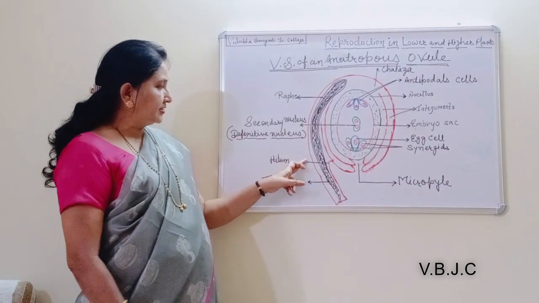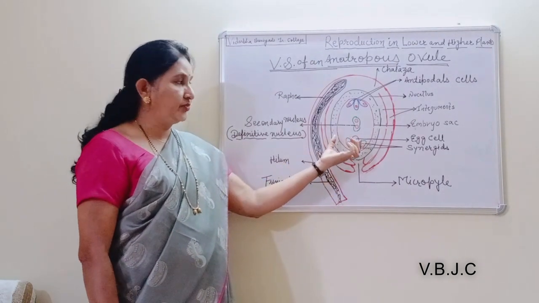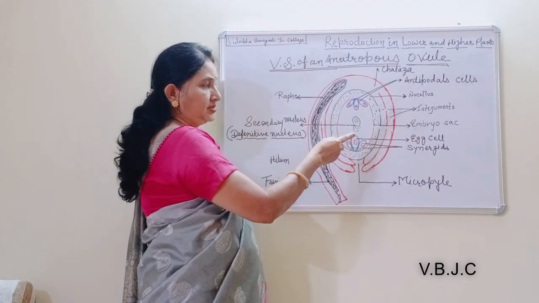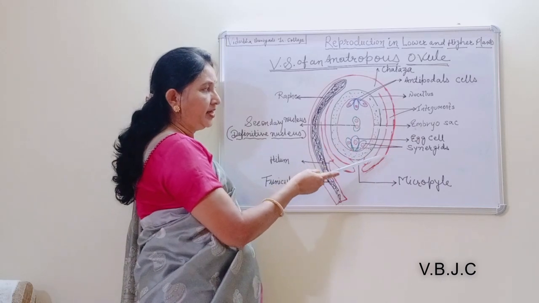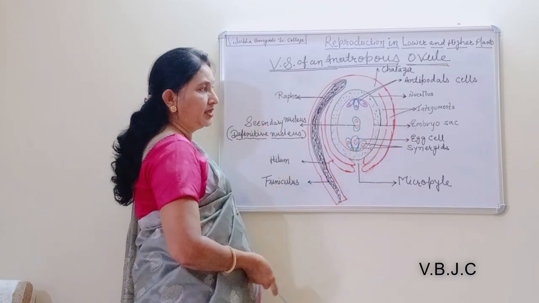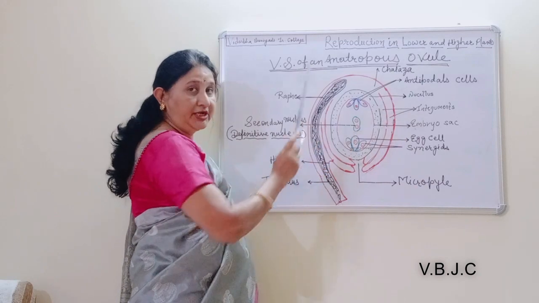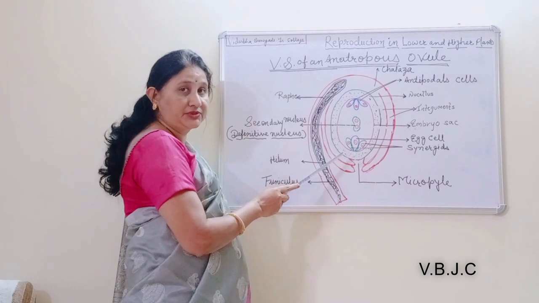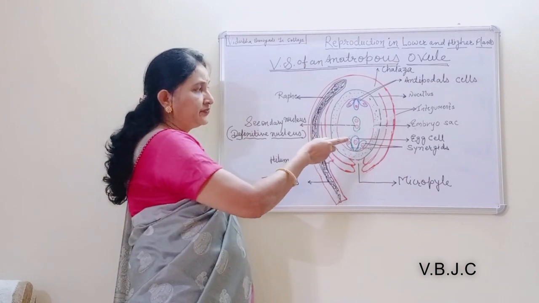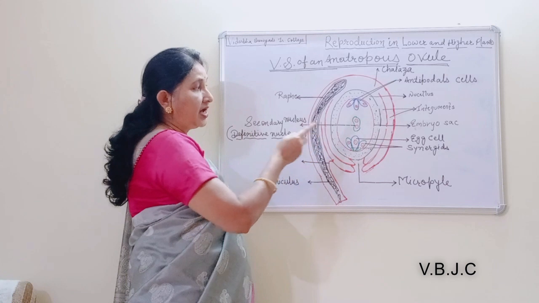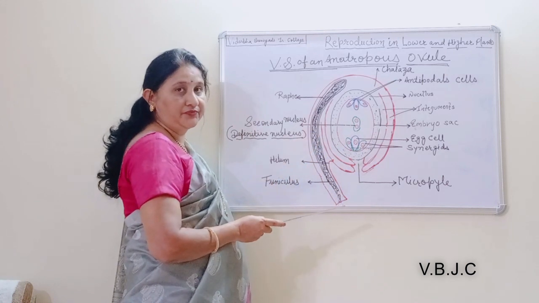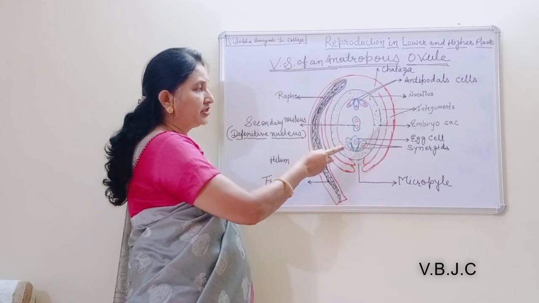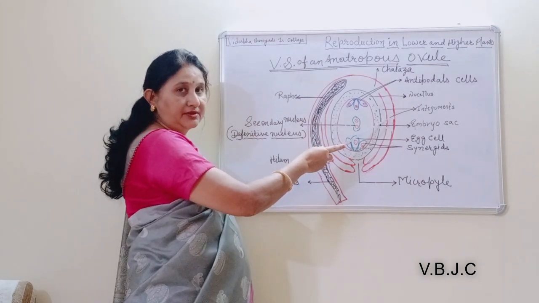Then after this stalk comes the body of the ovule. First, the integument. The integument is the wall, made up of two layers, the outer integument and the inner integument. It is protective in nature, protecting the inner parts, the embryo sac and the nucellus. After fertilization, the integuments are converted into the seed coats: the outer seed coat is known as the testa, and the inner seed coat is known as the tegmen.